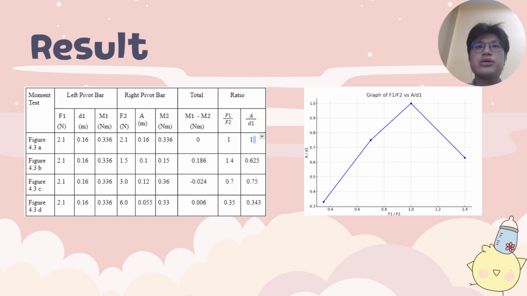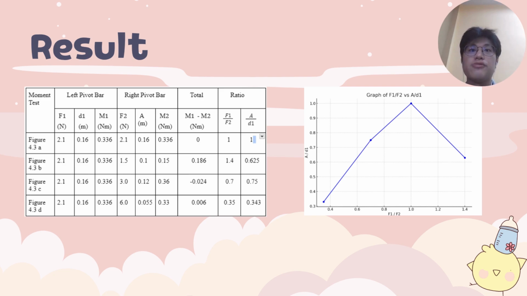In figure 4.3b, while F1 remained the same, F2 was reduced to 1.5 Newton, and the distance was 0.1 meter. This produced a clockwise moment of 0.336 Newton meter and an anticlockwise moment of 0.15 Newton meter, giving a difference of 0.186 Newton meter, indicating the system was not balanced. The ratio also changed to 1.4 to